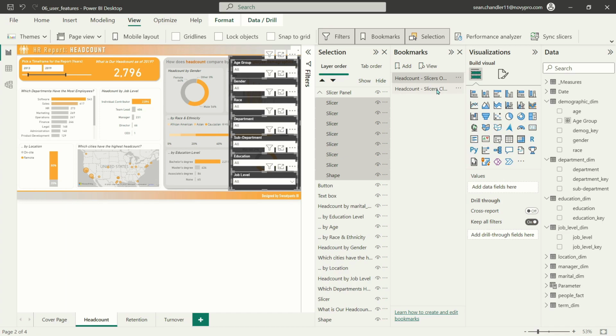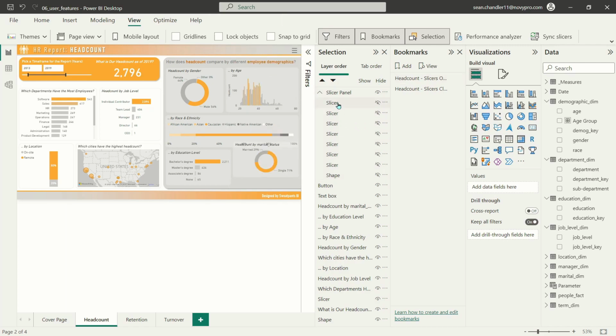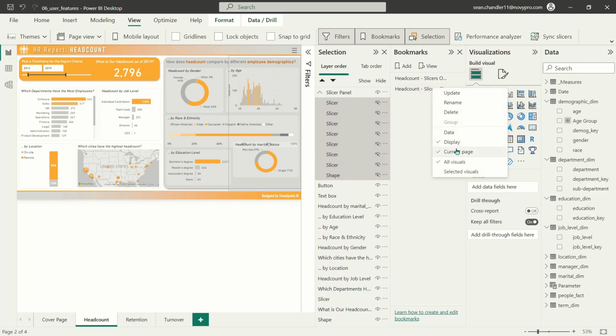And for my other bookmark, Headcount Slicers Closed, of course, I want these slicers to disappear. So since I have them all selected right now, let's just go ahead and hit Hide to instantly hide everything that makes up my slicer pane. Then I'm going to reselect all of those objects by holding down Shift and just selecting. Then I'm going to go ahead and click over here. I want to make sure that I have just selected visuals triggered, data turned off, and then let's go ahead